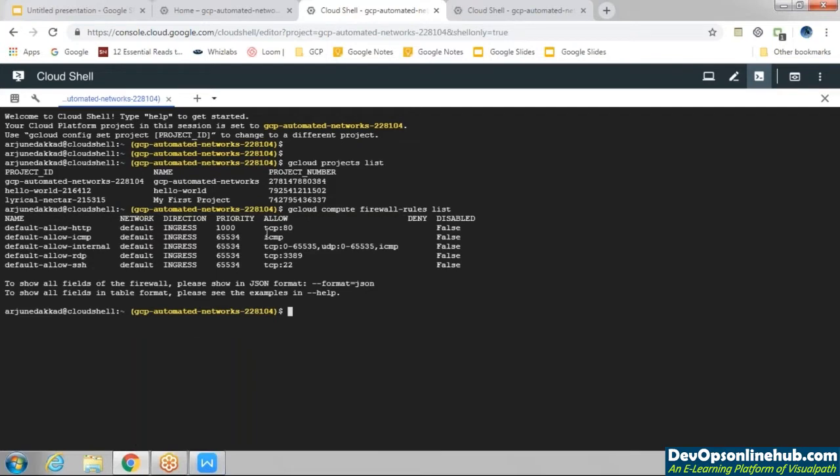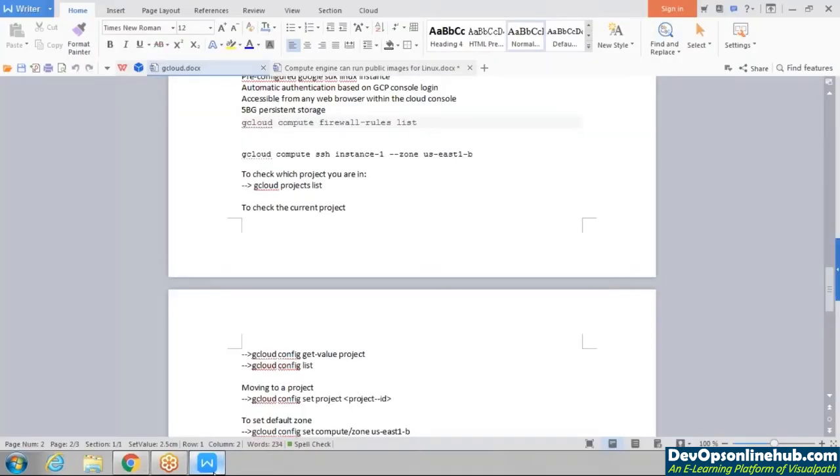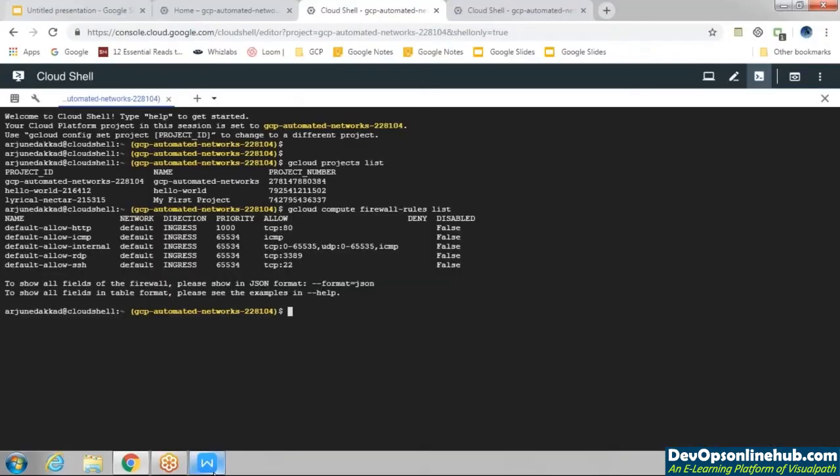For example, you want to change your current project. I want to move into Hello World from GCP Automated Network. So which command will we use? gcloud config set project, then give the project ID.